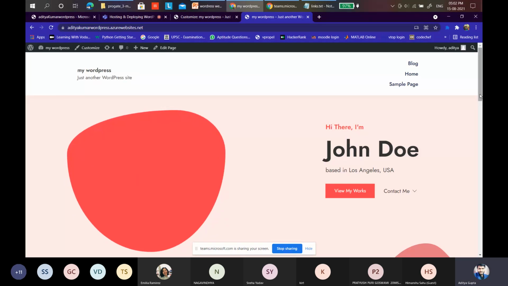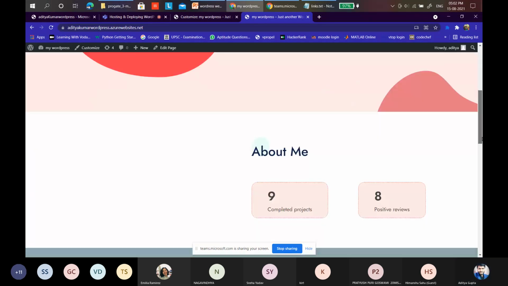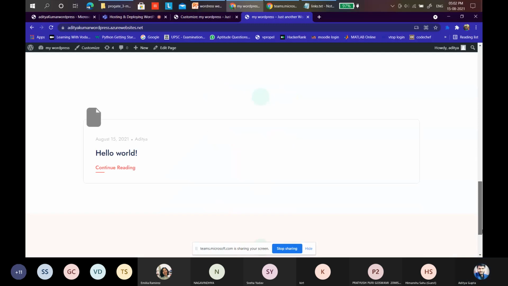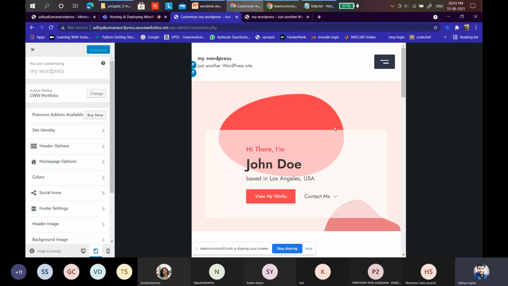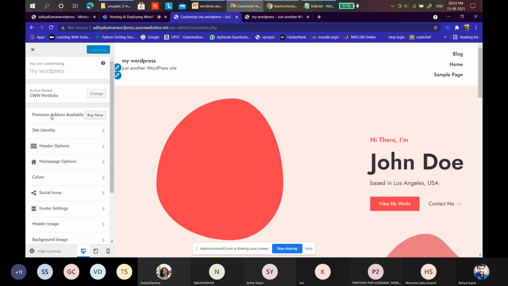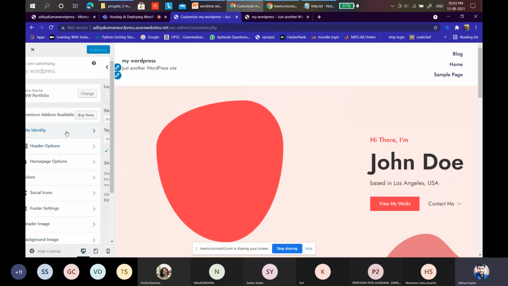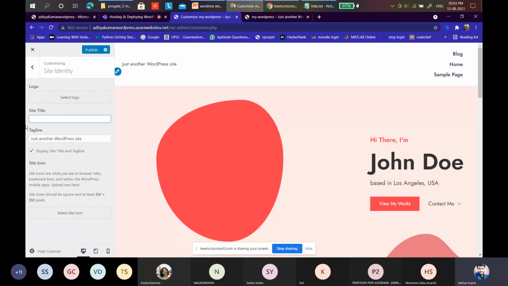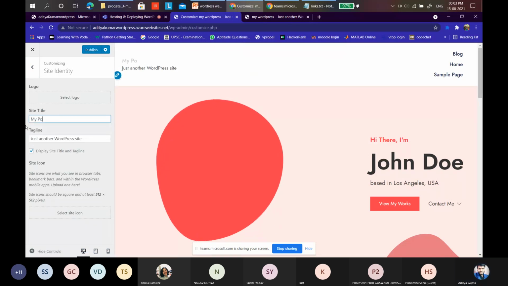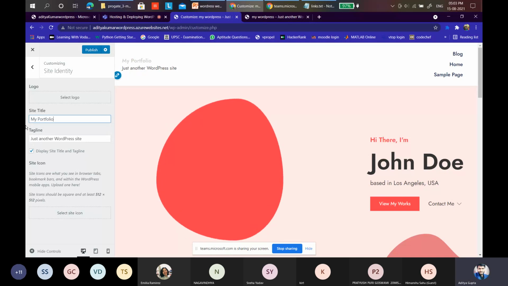Yeah, so this is what it looks like, but I know it's not looking very good. We are going to make it look better. But how? Let me show you how you are going to do this. From here, you can squeeze the window and see how it looks on an iPad, maybe how it looks on a phone. But let's switch to computer. So follow me. You can write the steps too. Go to site identity. In the site identity, I want to say something like my portfolio. You can see that the changes will be reflected soon.